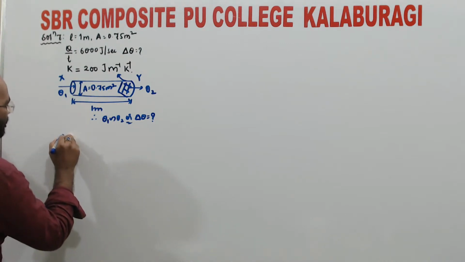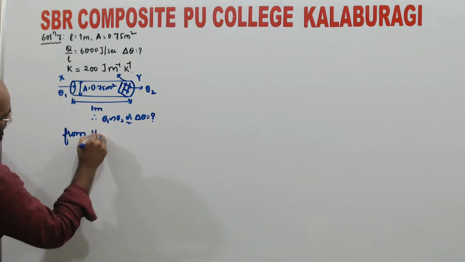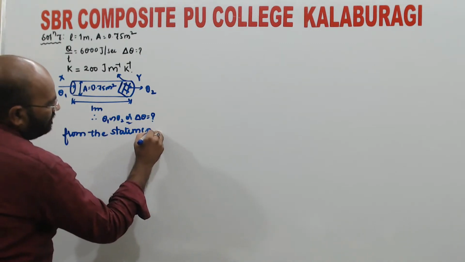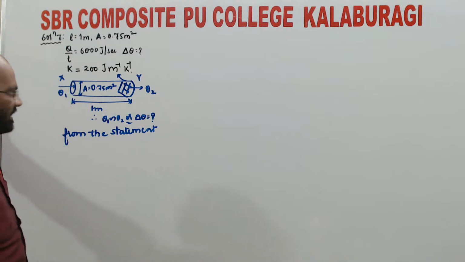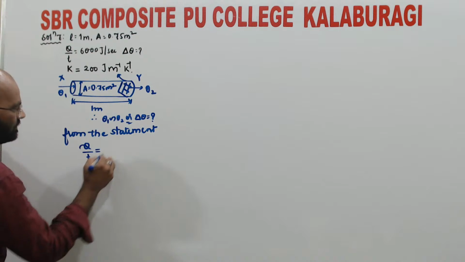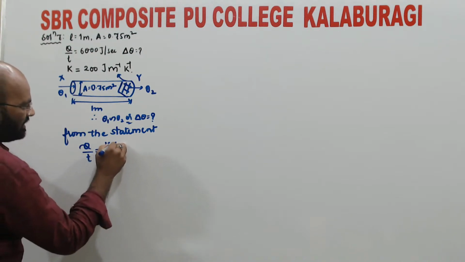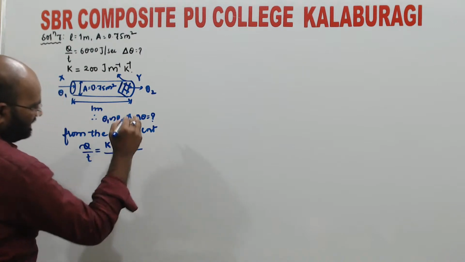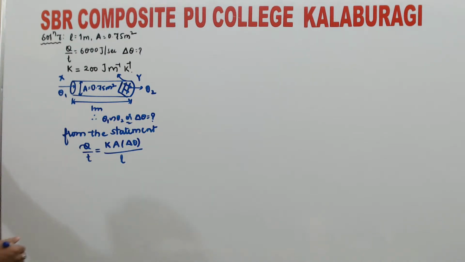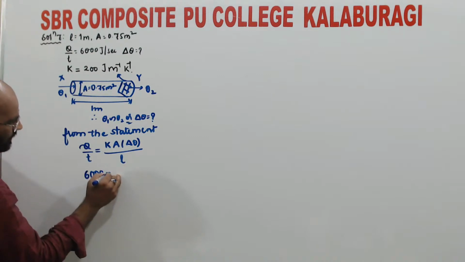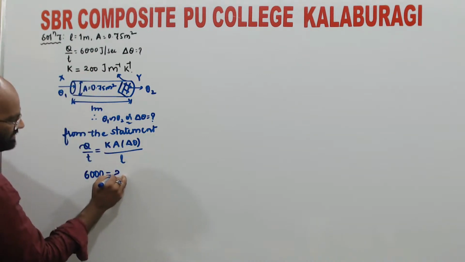Then we know from the statement of coefficient of thermal conductivity, the rate at which the heat energy flows is directly proportional to the cross-section area and the temperature difference per unit length, which is called the thermal conductivity. So this value is given. How much do you have? 6000. So this is the given value. 6000 is equal to the coefficient of thermal conductivity, 200,